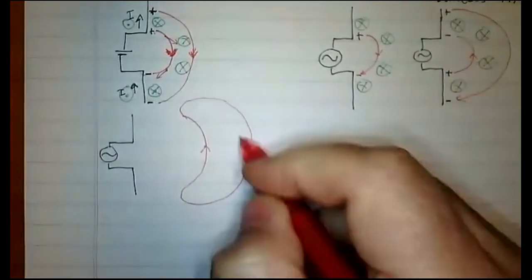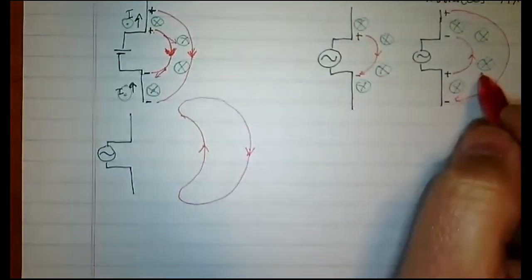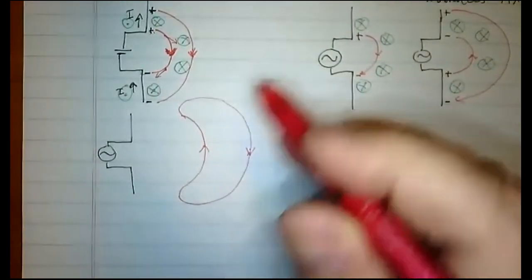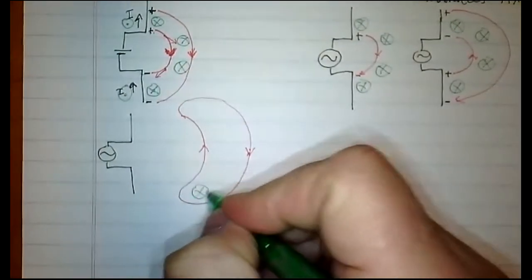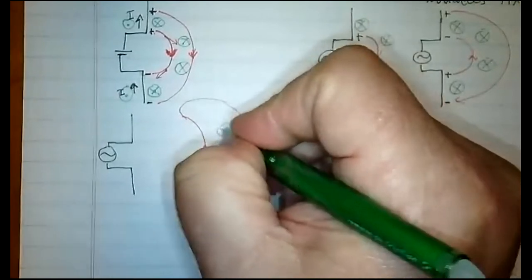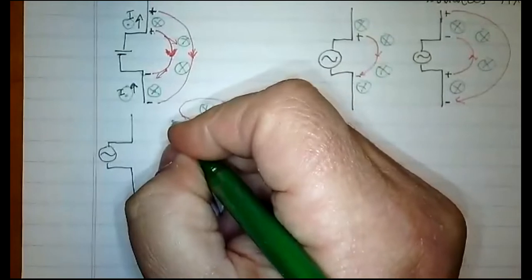This electric field is pointing this way because this one is this one and this one is this one. And what we have inside of here is a magnetic field perpendicular to that. And in fact, out here,